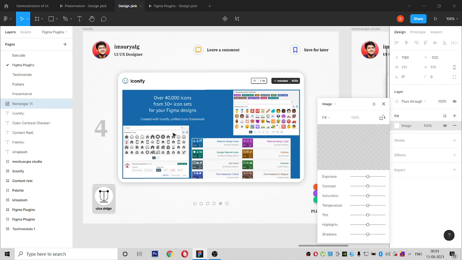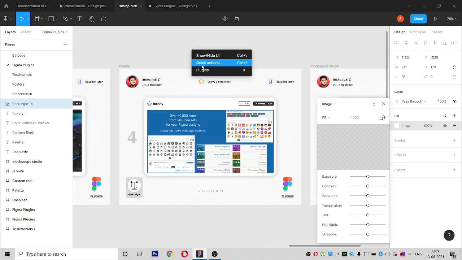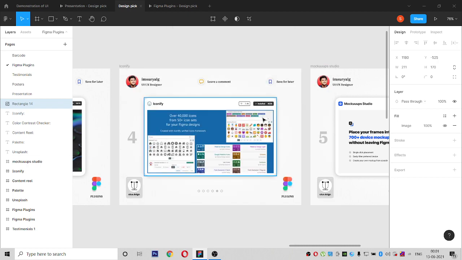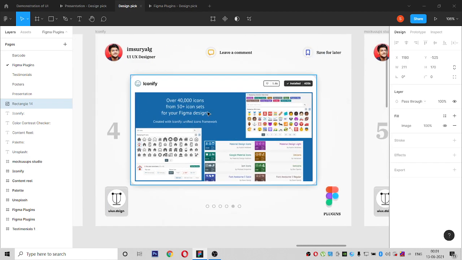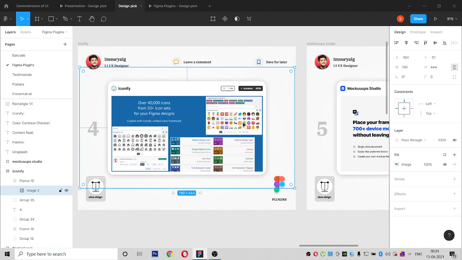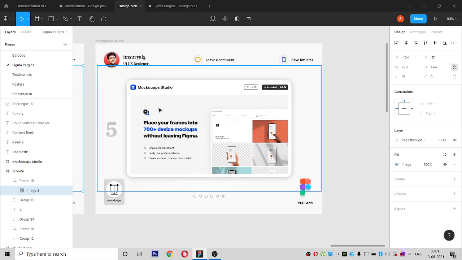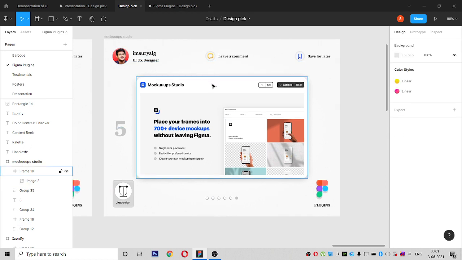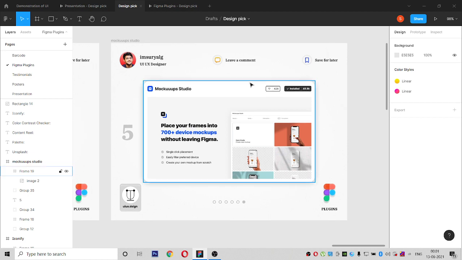And Iconify is the icon plugin, I am using it for the icons. It gives many icons. For example, I will show you the Iconify plugin. There are many icons. If we come to see each one, there are a huge number of options available inside the Figma market. They randomly do designs in Figma, and they introduce many plugins, many icons, many vector illustrations. For example, this Mockup Studio also has many mockup examples.